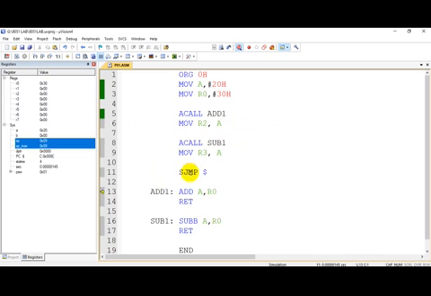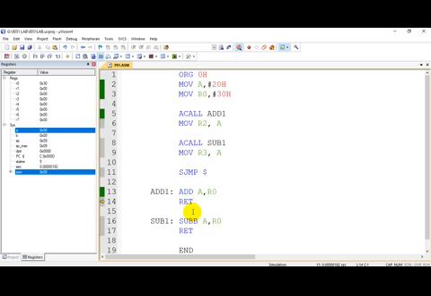Then it will execute all the subroutine instructions. We have only one instruction in the subroutine now, but you may have as many instructions as you like in a subroutine. Now this is the difference: the last instruction in the subroutine is always the return instruction. What was happening in a jump instruction? If this was a jump instruction, say sjump add 1, it would branch here and continue the execution from this point onwards itself.